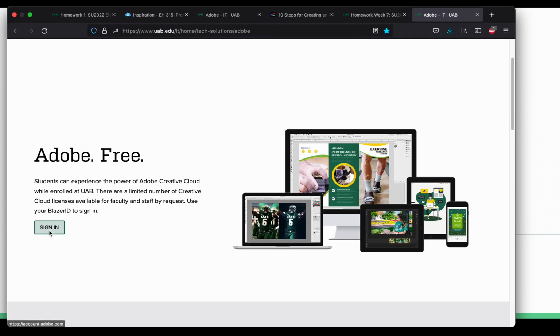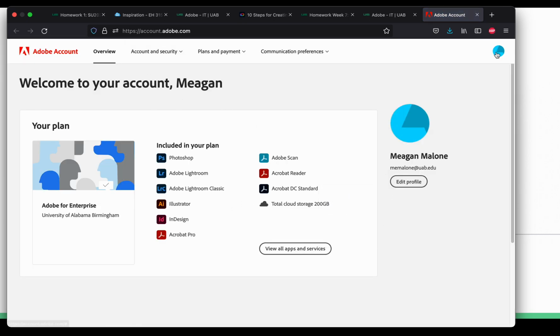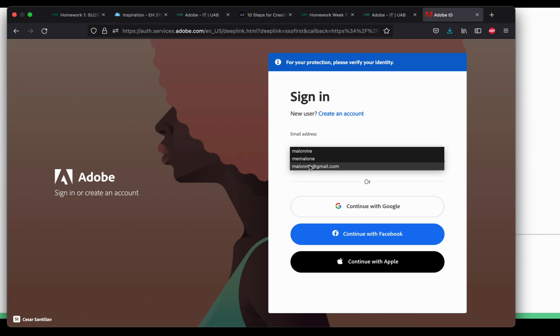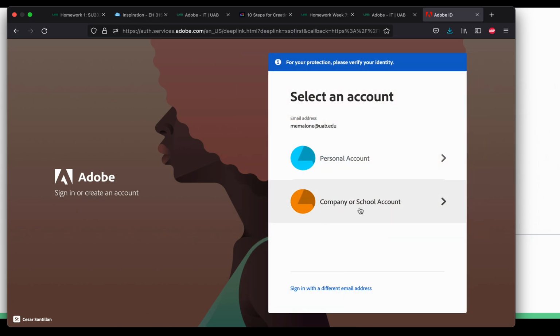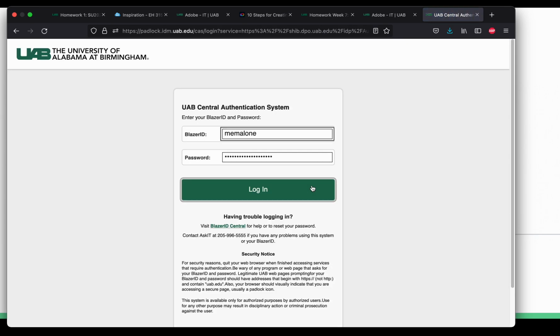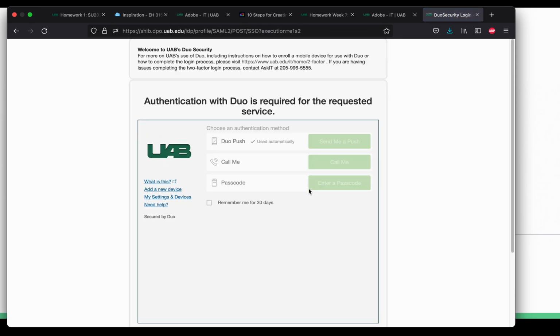So I'll show you how to do this. You go to this page and you're going to click Sign In. I'm already signed in, so maybe I should sign out. Let's try that again. You go here, you click Sign In. Then you're going to enter your school email address and click Continue. This is really important. You must click Company or School Account, and then it's going to ask you through your Duo mobile app to log in. Once you've accomplished that,